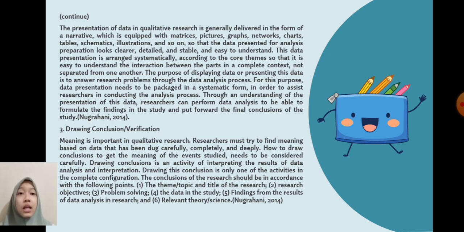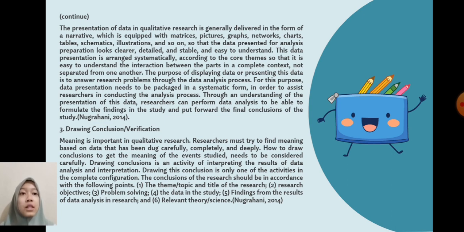This data presentation is arranged systematically according to the core themes so that it is easy to understand the interaction between the parts in complete context, not separated from one another.